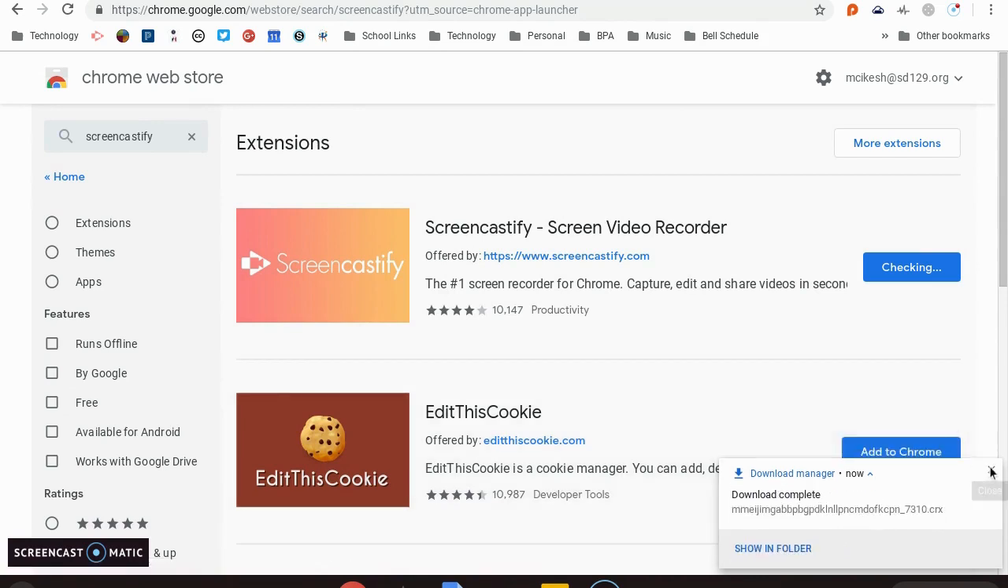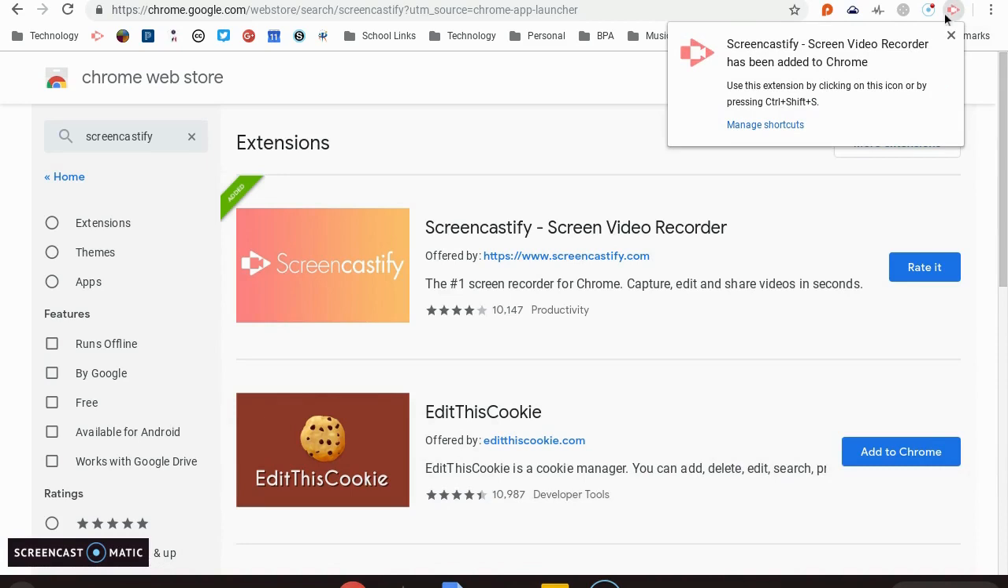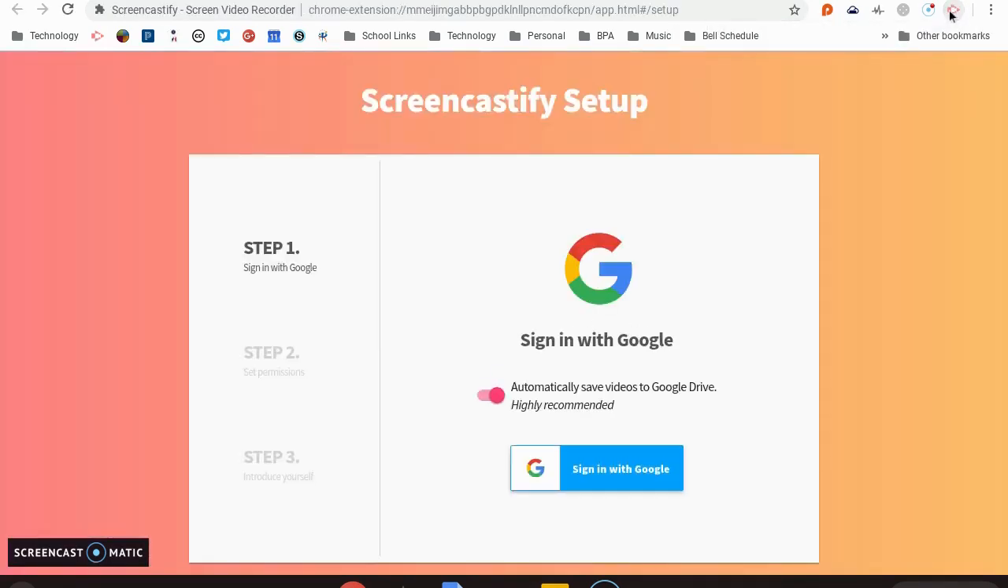So once it's ready, it says Show in Folder, and you'll get this pop-up box in the top right-hand corner. It says Screencastify. I'm going to click on it, and it's going to take me to a new page for the very first time. Now, this is the only time you're ever going to see this. I click on Sign in with Google. This is really important because if you don't do that, all of your files will not be saved to your